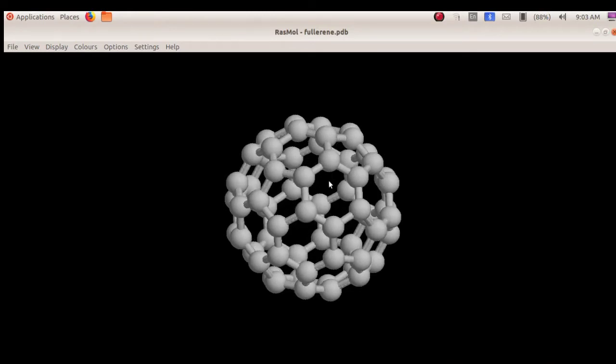The Rasmol software is developed by Roger Sayle. This is a one word question: Rasmol is developed by Roger Sayle. The three-dimensional form of molecules will be shown in different colors in the graphic screen. This is the graphic screen. You can see the molecules in different colors.